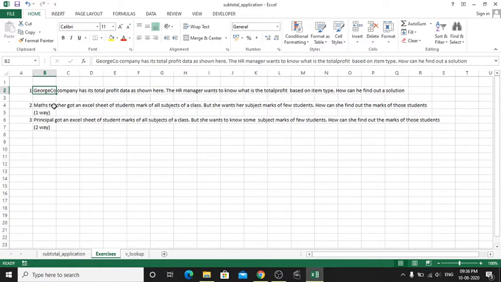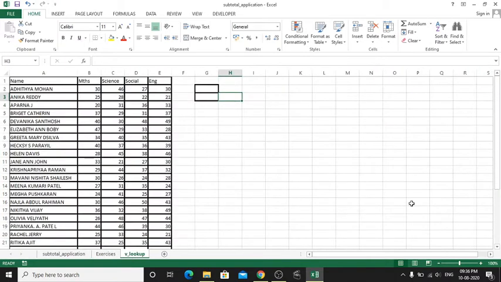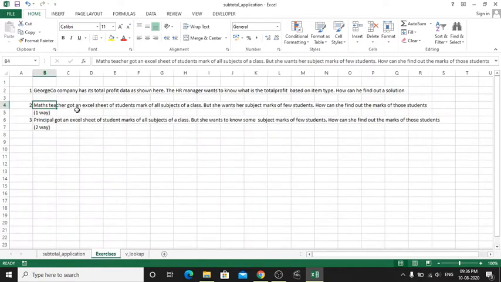Now let's move on to the second query. Here we have the data: names with four subjects, maths, science, social, English, and the subject marks are here. This is the query.